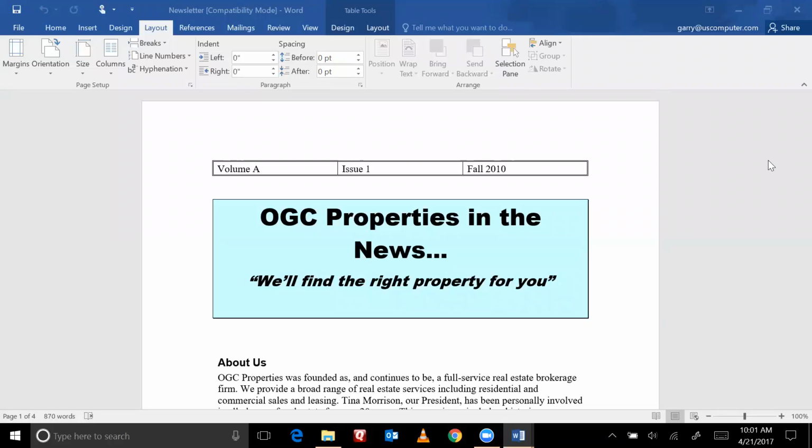Well, we're going to talk about some of the advanced features in Microsoft Word today, concentrating on sections, dividing your